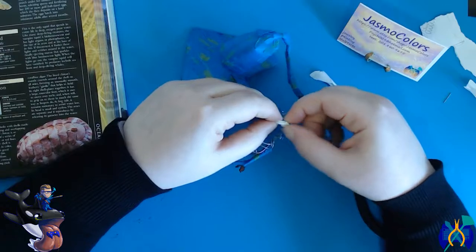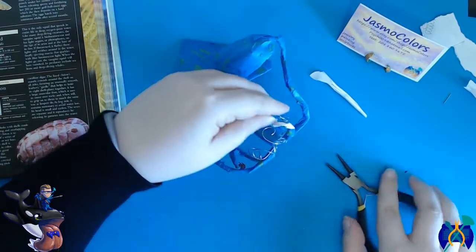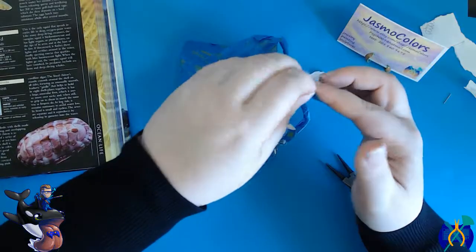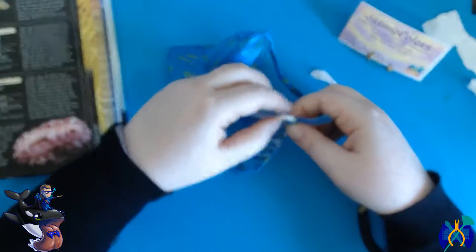Situated a little better, a little tighter. Okay. Yeah, there's no way I'm going to finish this today. Today was going to be